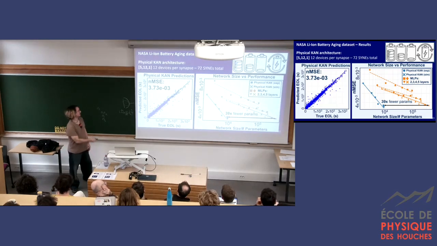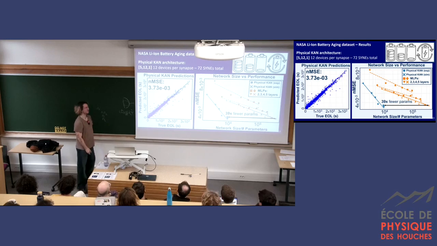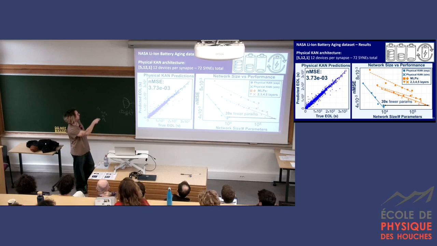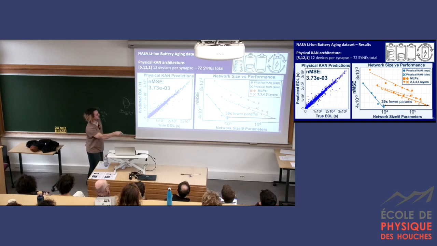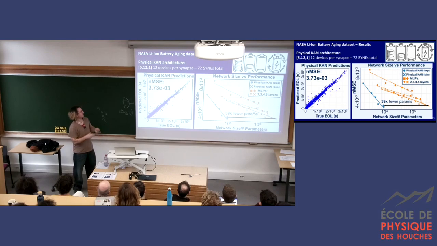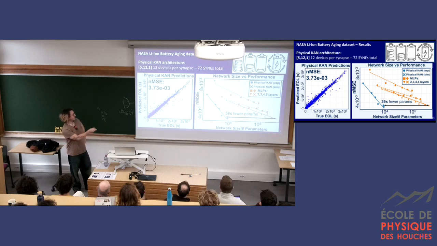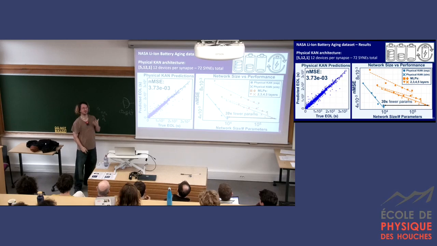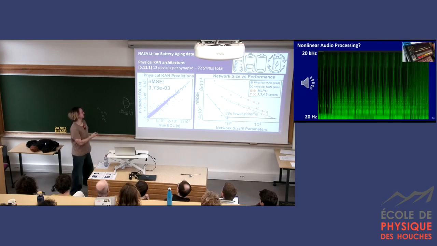The boring thing is that good performance on this task is a straight line, but this is the line we get. So this is the true time until the end of life of the battery. This is what our system predicted, and we were pretty happy about this. So this is the first point we've got to where we're doing non-synthetic data, and we're able to still have steeper scaling and some parameter reduction versus MLPs. And here we really don't have any inductive bias. I'm sure our noise can get better, our model reality gap can be shrunk down. And what I really want to do a bit more is look into the shapes it's learned and try and compare them against the physical equations of lithium-ion batteries to see, has it actually pulled out some of the dynamics?